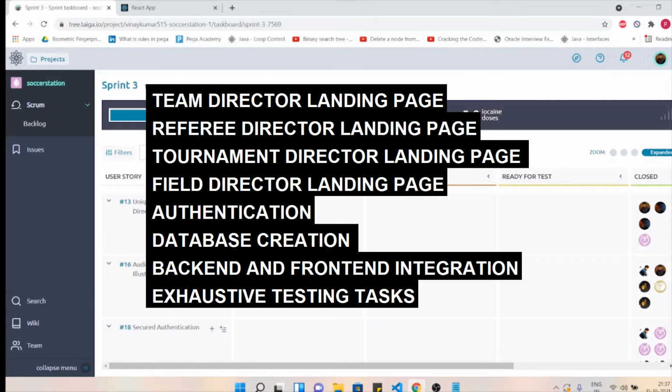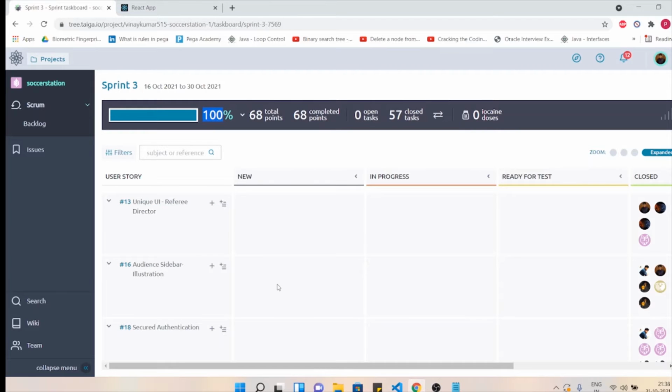Along with that, we also made sure that we concentrated on testing. Every user story that was created had a corresponding testing task assigned to another person who didn't work on the development, in order to capture any mistakes that we made. We were quite successful in that.